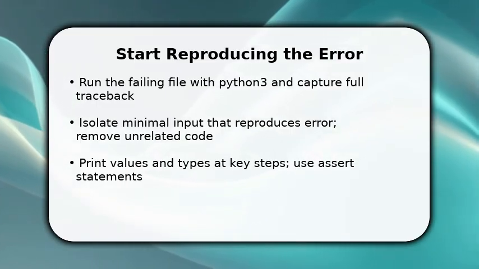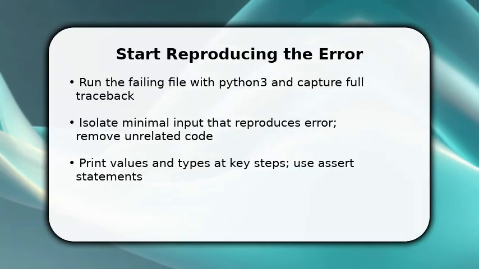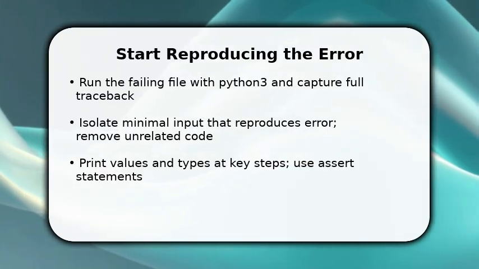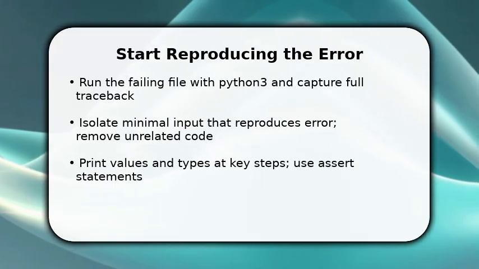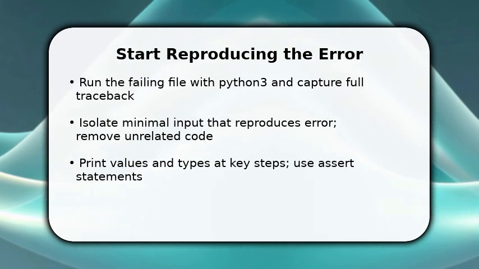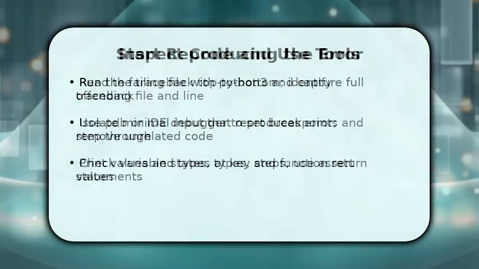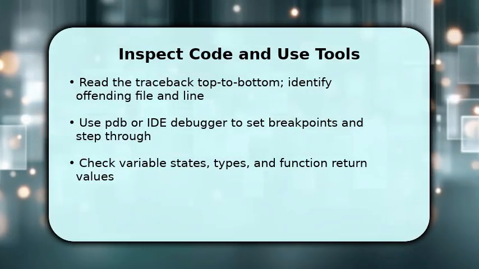Make quick checks. Print variable values and types at boundaries, add assert statements to validate assumptions, and note exact line numbers in the traceback. This gives immediate clues about where logic or type mismatches occur, and prepares you for targeted debugging steps next. Now inspect the traceback and the lines it points to, read it top to bottom to understand